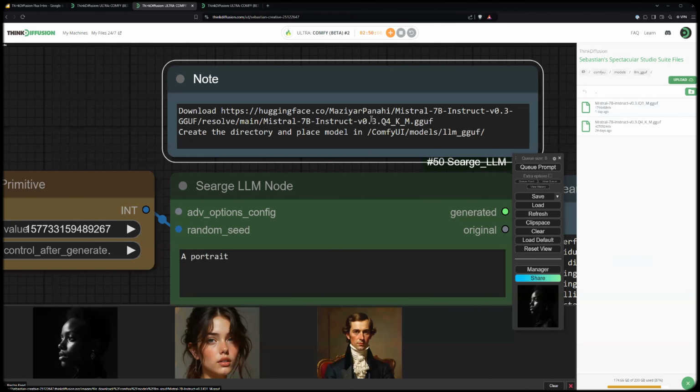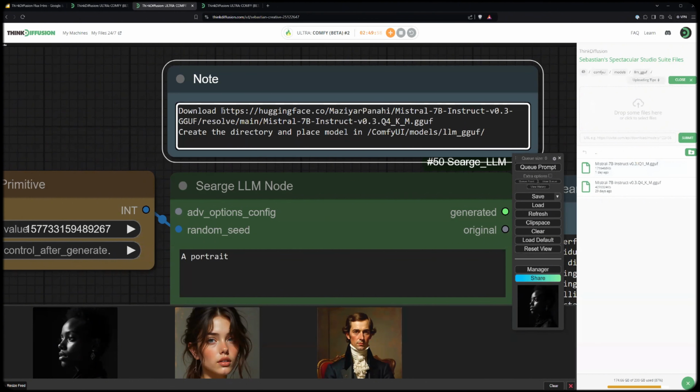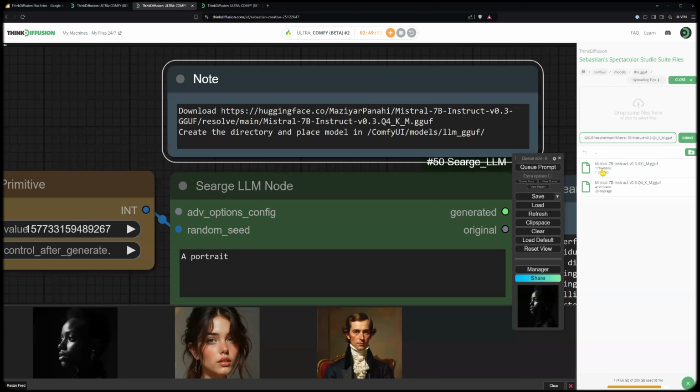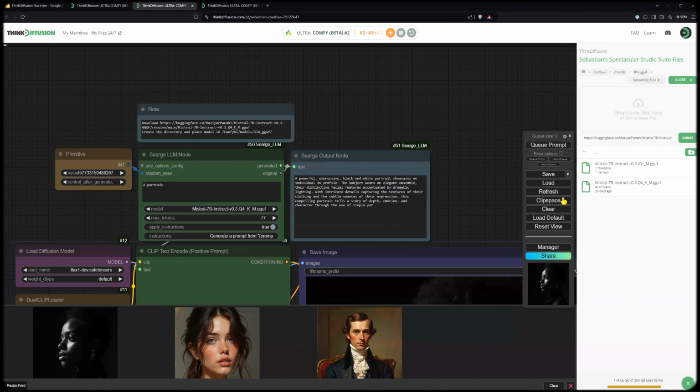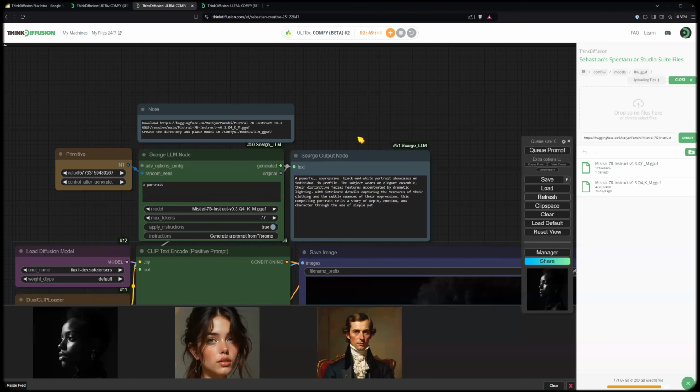And what you would do is you would just take this link, copy that, paste that in there, press submit, and it would upload here. I think that's just a very convenient little feature. Once that's finished, just press refresh on the menu here, and you're good to go.